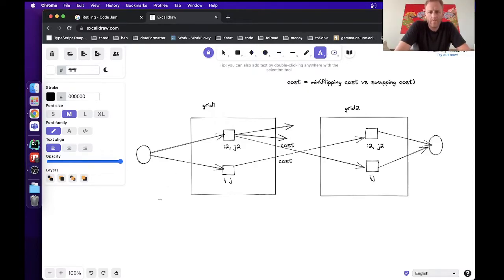So the number of nodes will be, well, it's 10 times 10. Well, let's just say R times C times 2, because each node is twice. Plus we've got the start and the end node, so plus 2. And then the number of edges will be, so the source has R times C, and the sink has R times C as well, so that's times 2. Plus we have R times C